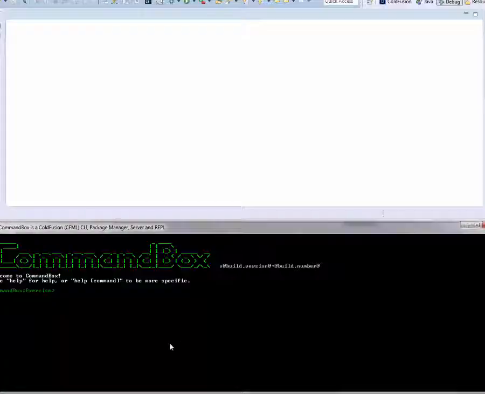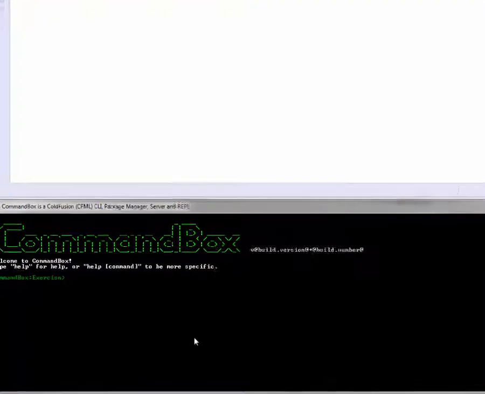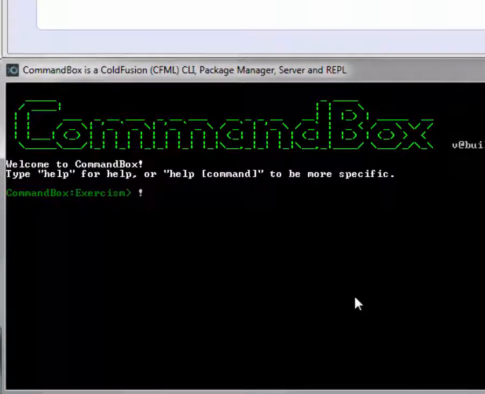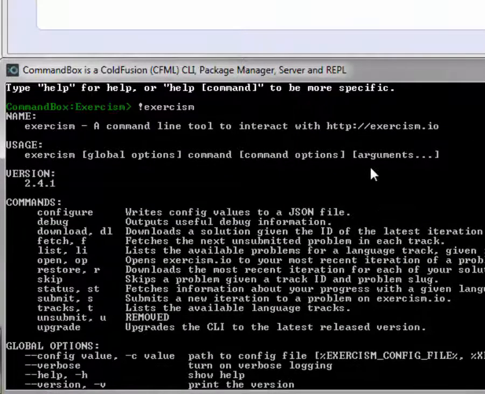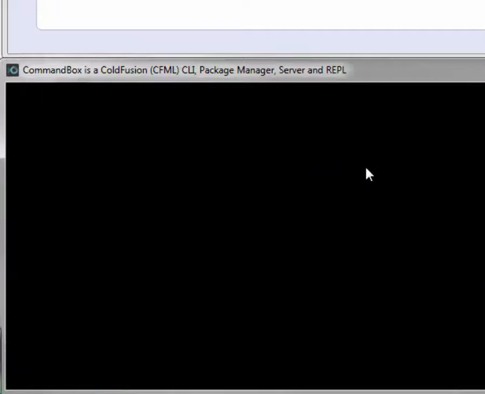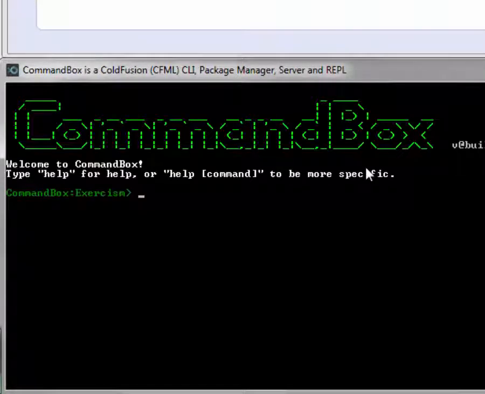I'm going to run all my command line interactions through CommandBox because it's a little bit easier. That way I just have one shell to work with. Whenever I want to run that native exercism shell, I'll just precede it with an exclamation point, and that's the same as just running that directly from DOS or bash. So here you can see I can get the help output for that exercism command. The first thing that we'll want to do is run